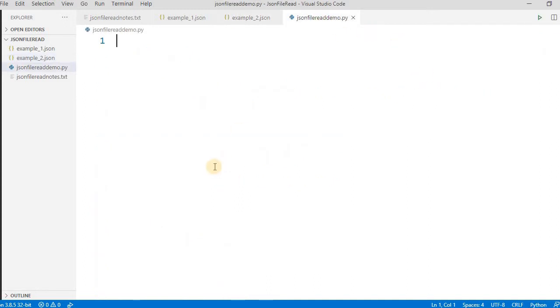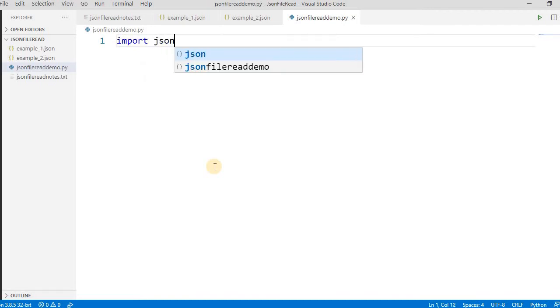In Python, for reading JSON, we have to import one module that is known as the JSON module. So how do we read it? We have to import json, right? So simple. This module handles the JSON file, or if you have any JSON string, you can read it. Okay, so let's start with the string.